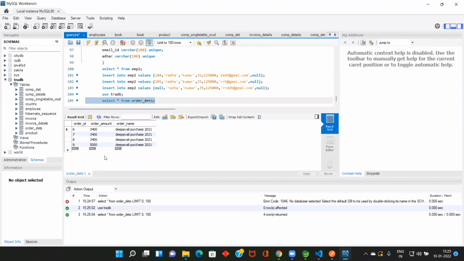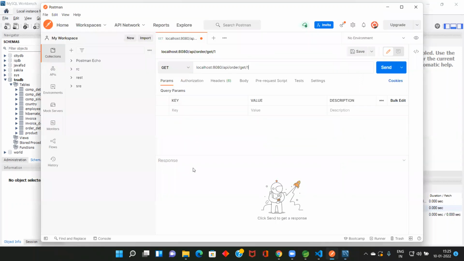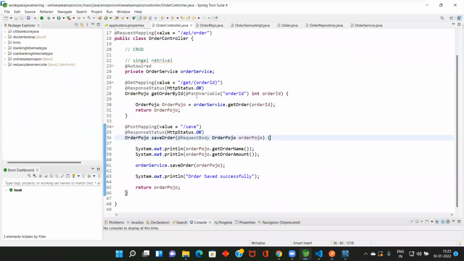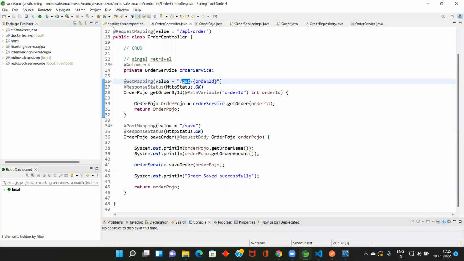Let me use 8. If I use 8, it should be get 8. Okay, this 8, what is this 8? Will be copied into this value. Because after get, whatever the things will be copied into this one. Meaning, you are informing the REST controller that whatever after get should be the value where we want to retrieve. So here path variable, see what is path variable.